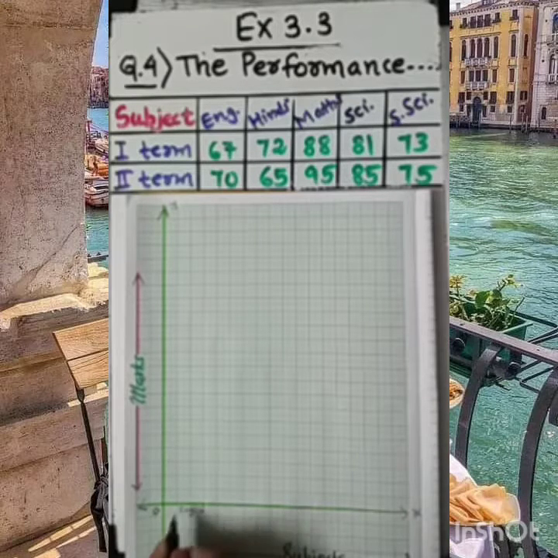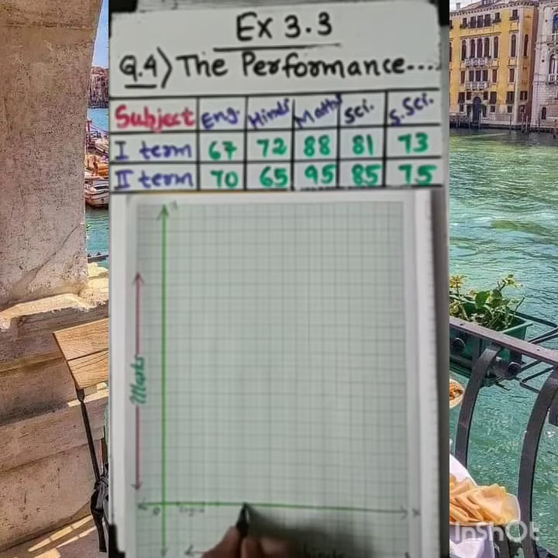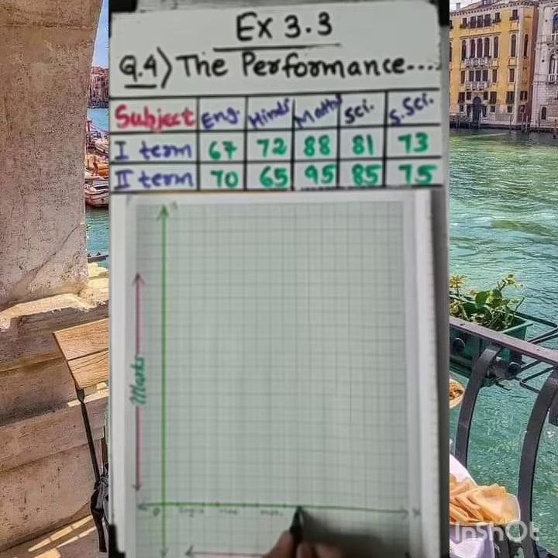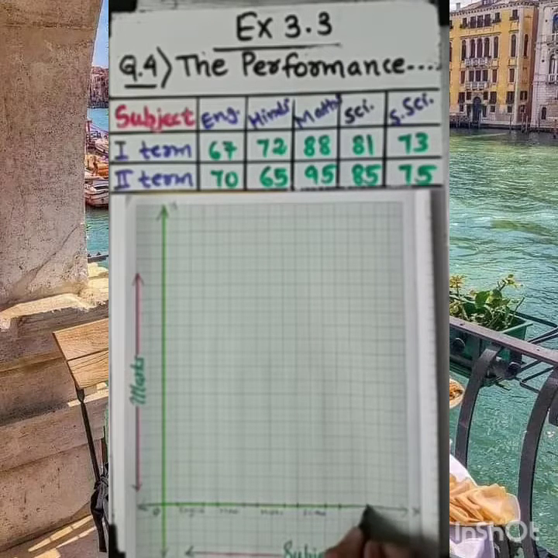Here it is English, then leaving one column here again. This much portion will be for English, one subject. Leave one block, and the other two columns I am choosing as term 1, term 2, that is for the Hindi subject, leaving again one column. Next I am showing here the math subject, leaving one column again. I am choosing science as a subject, and leaving one column here, I am choosing social science.